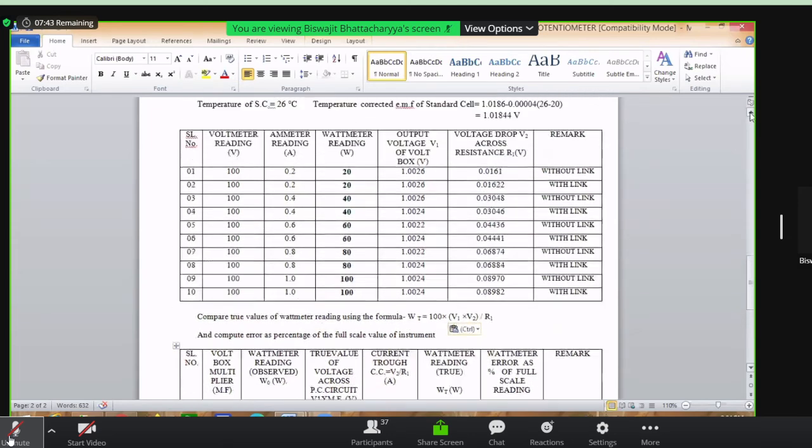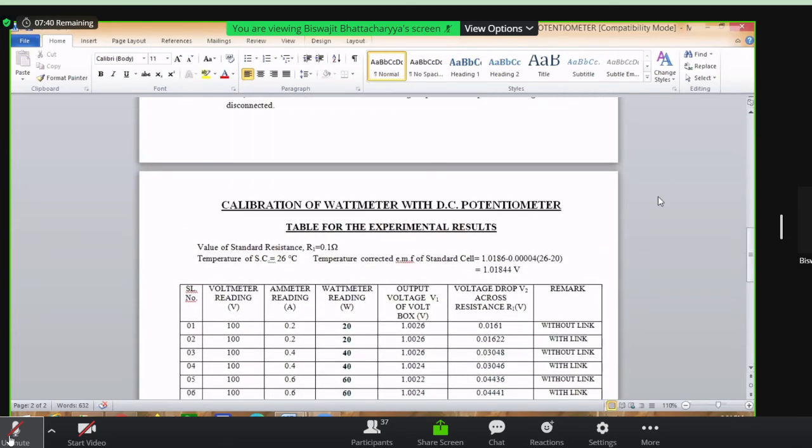Any question in the understanding of the experiment? Now three things are still remaining. One is the video, which I will show you at the end. Next is how to write the report, what is the format of writing the report. And the third thing is where to send the report, in which email ID, what will be the deadline, what will be the format of the file, and the name of the file. I will tell you one by one.